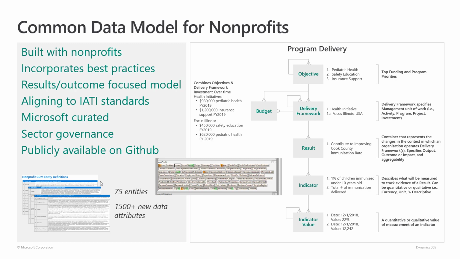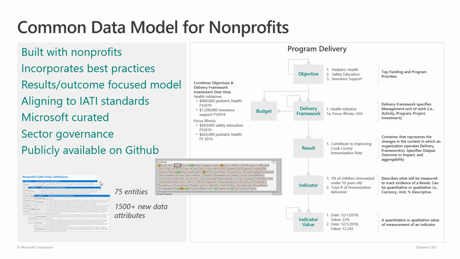So if you consider awards, budgets, and some of the things we saw around planned giving and policies and everything, we've come up with the standards around those entities and then put them together so that from an interoperability perspective, which is always a challenge for nonprofits, that makes it a little bit easier as well. It's aligned to IATI standards as we discussed, and all of this is available on GitHub with sample applications as well as a schema explorer to take things further.